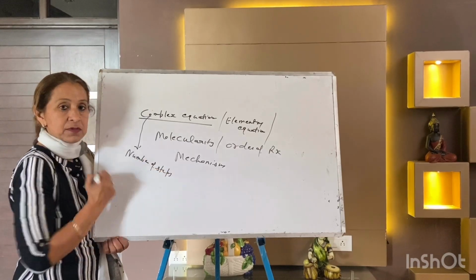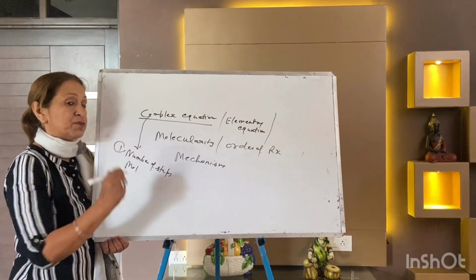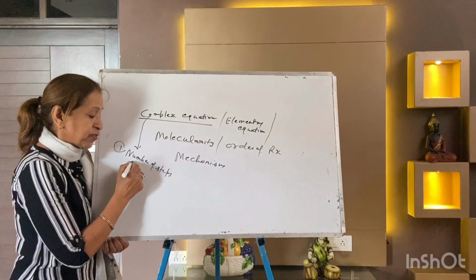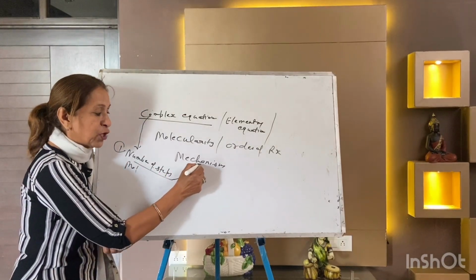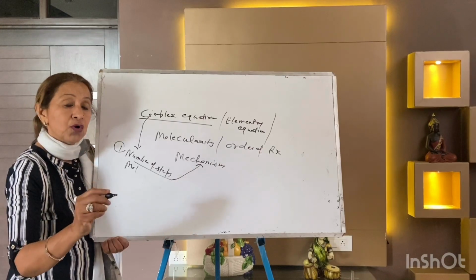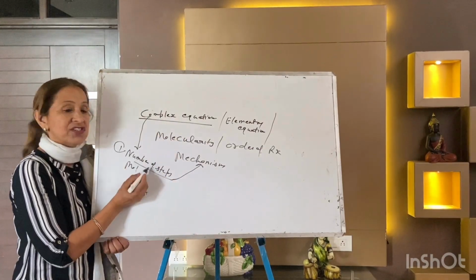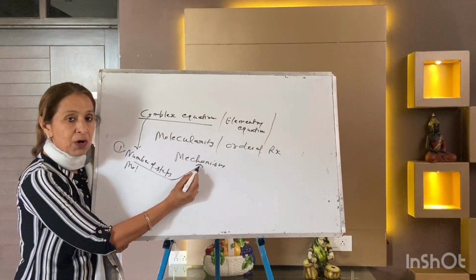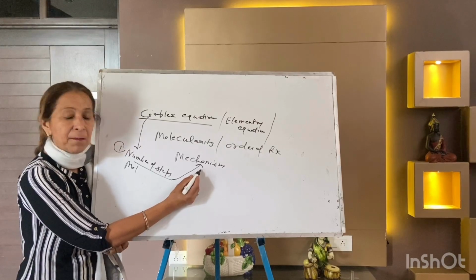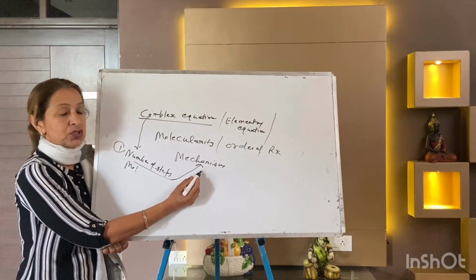Number of steps, and whose molecularity is first, which takes place in number of steps. We will start with the number of steps, and I will explain these number of steps in the topic mechanism. In the mechanism I will teach you how to make number of steps. So a complex reaction is written in number of steps, and this is called mechanism. So what is a mechanism? When the reaction is written in a number of steps, this is a detailed process of a reaction.